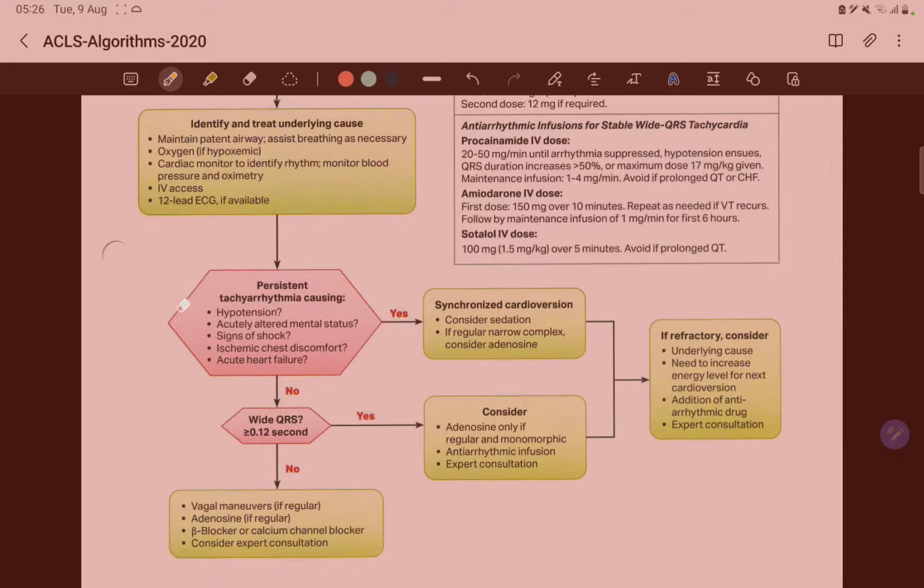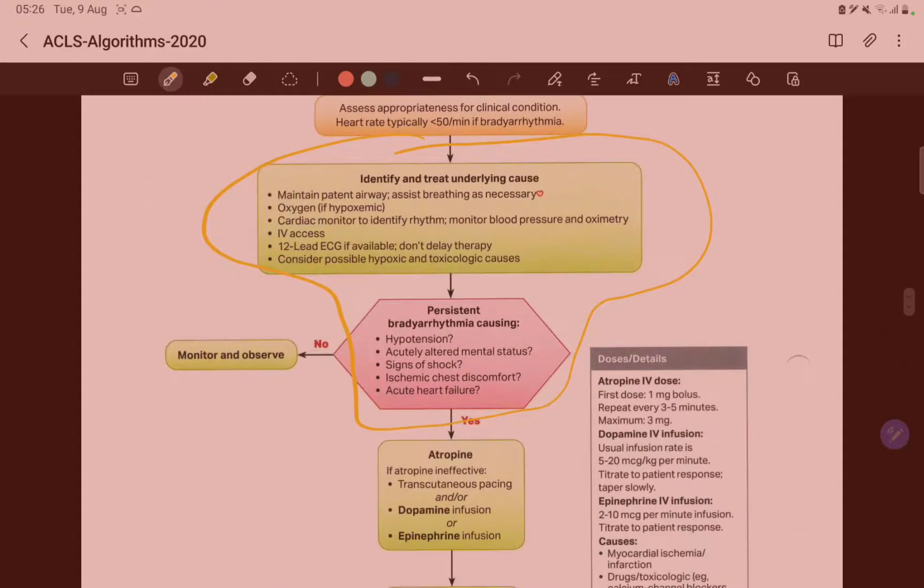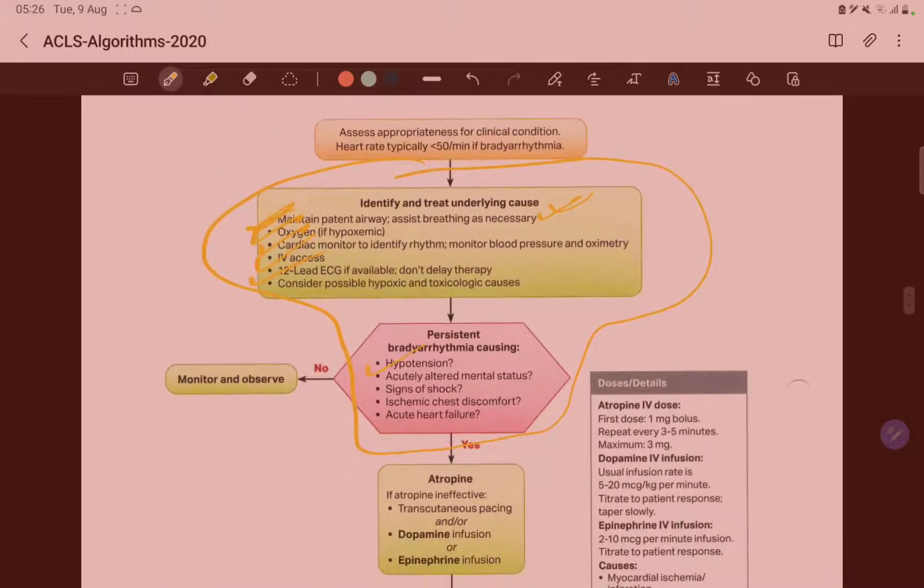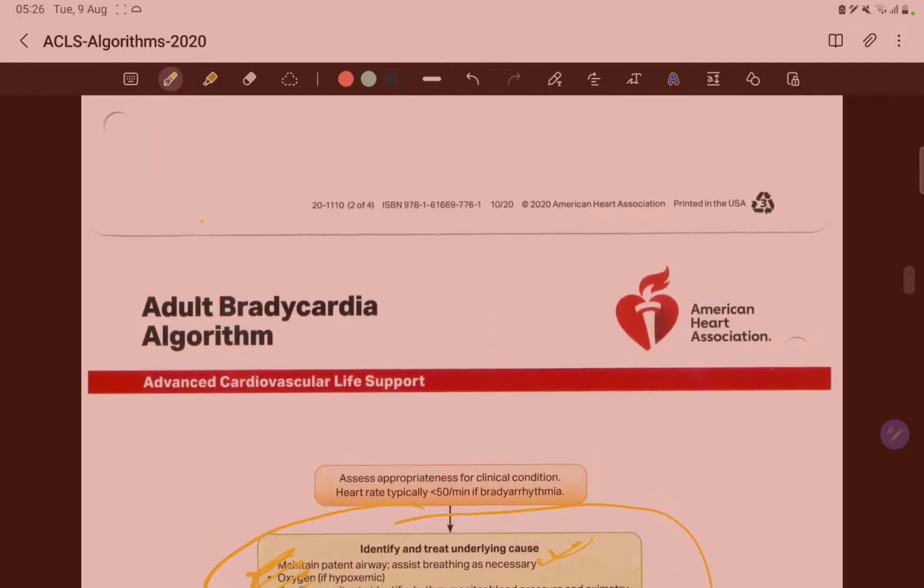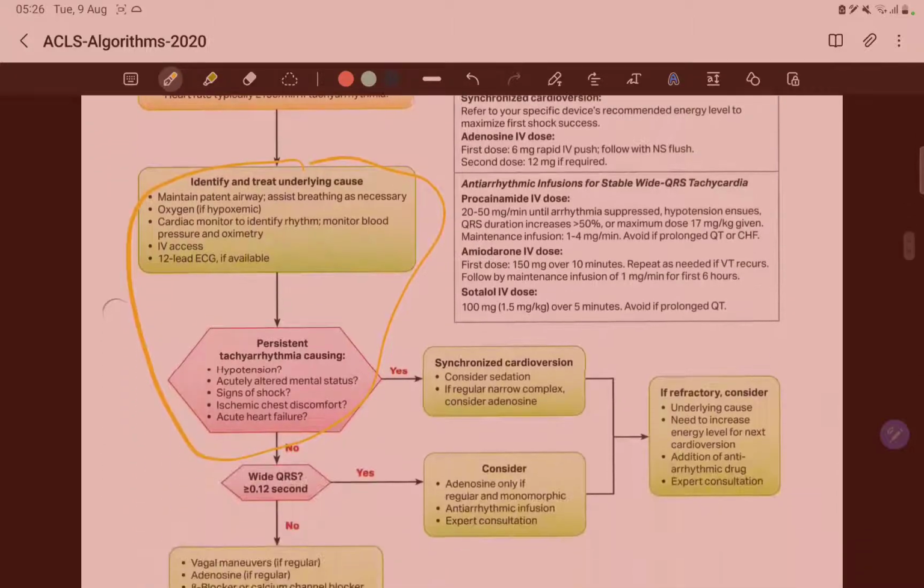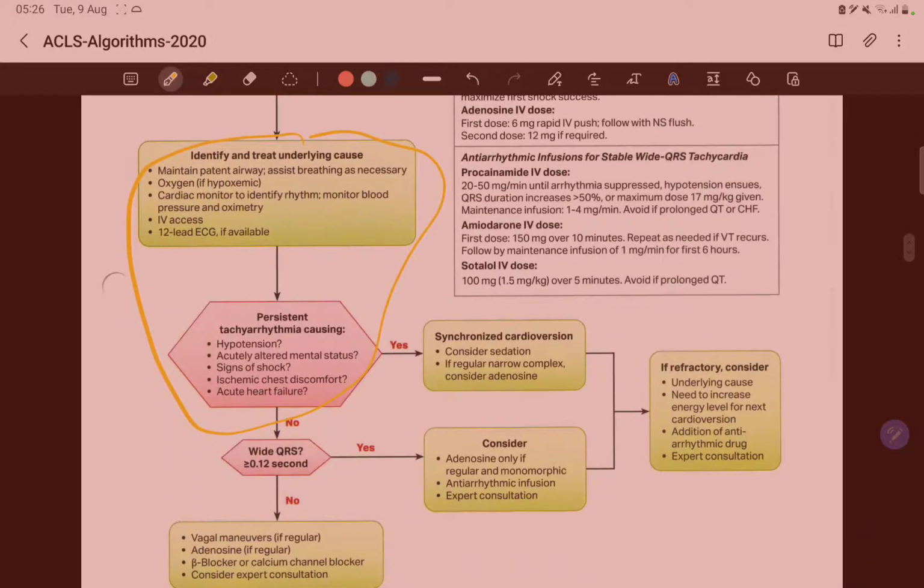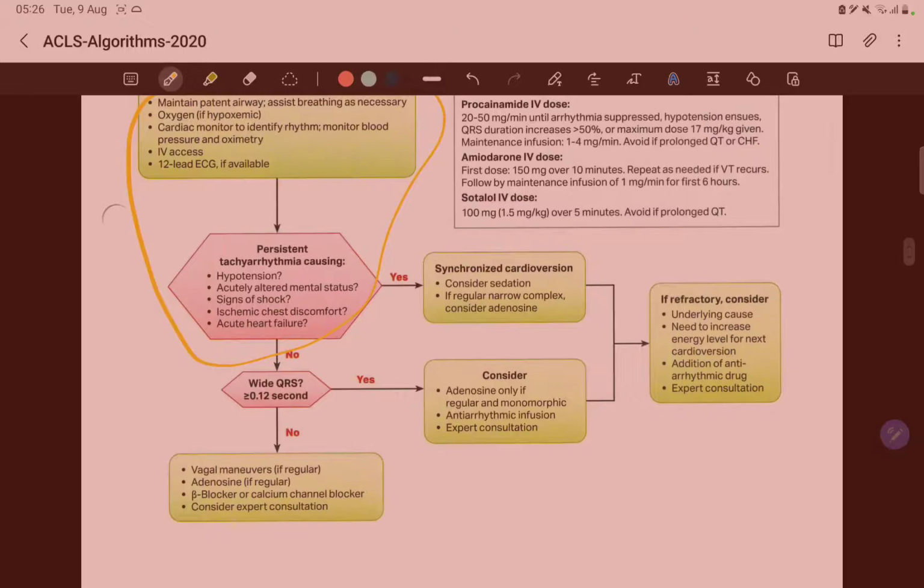Now these things will be present also in the case of bradyarrhythmias: we maintain a patent airway, oxygen, cardiac monitoring, we attach the monitors, we get IV access, we get a 12 lead ECG. Hypotension we have to check whether it is present or not. Acutely altered mental status, signs of shock, ischemic chest discomfort, and acute heart failure. These things will be common in both. What changes in tachyarrhythmias? In tachyarrhythmias, if these things are present,